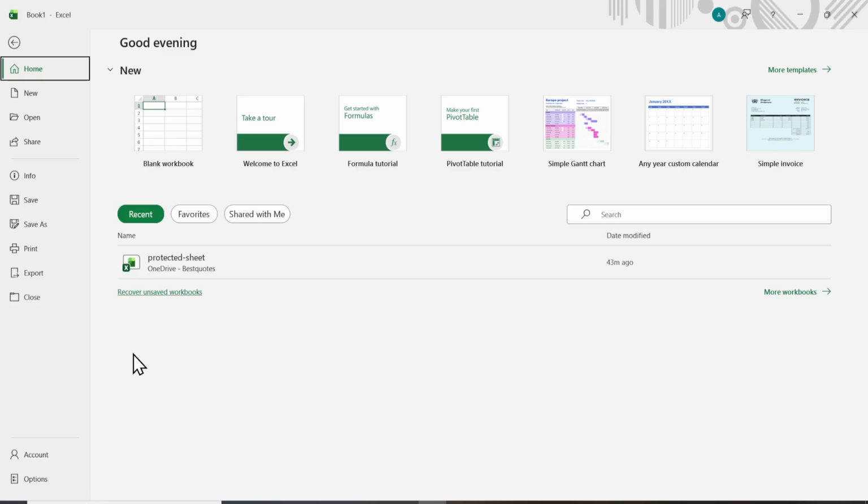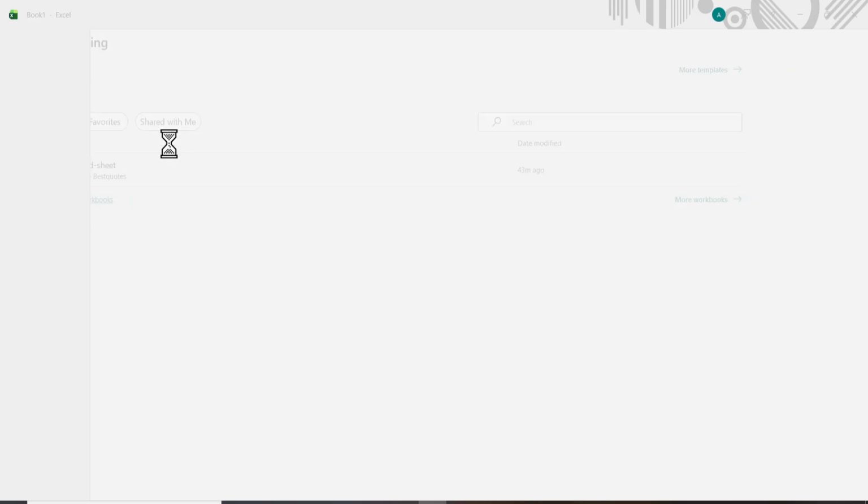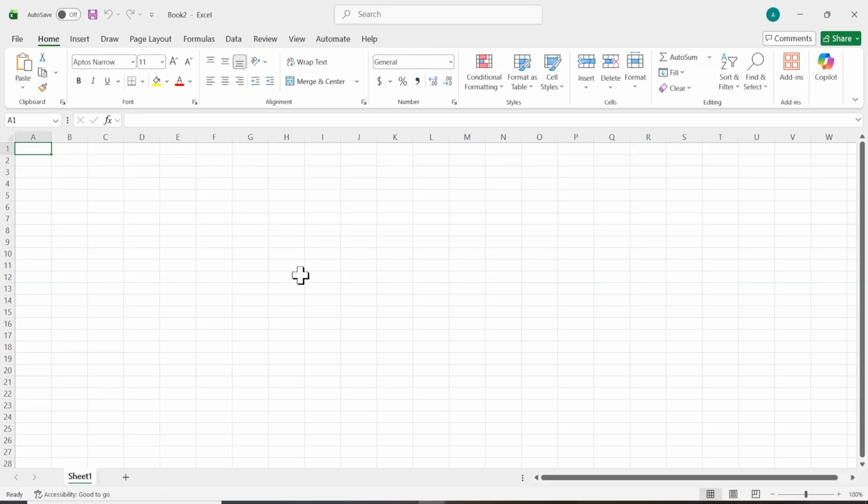In today's video, I'm going to teach you how to enable macros in Microsoft Excel 365. Open Excel first. When the Excel Start screen appears, click Blank Workbook. Give it a moment to load the empty workbook fully. You'll know it's ready when you can see the ribbon across the top of the window and the main worksheet